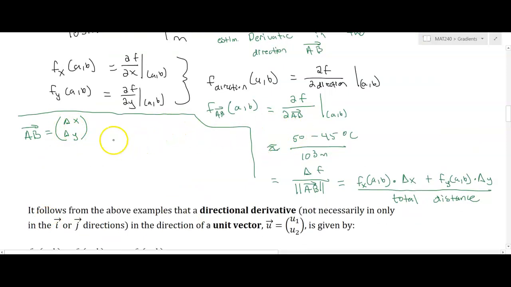And then we had to divide by the total distance. Well, the total distance is really just the magnitude of the AB vector. So if we piece these things together, what we're coming up with here is f sub AB, the change in temperature due to travel in the direction of AB, to calculate that average rate of change at this point. That's approximately given by, well, if I'm dividing by the magnitude of AB,